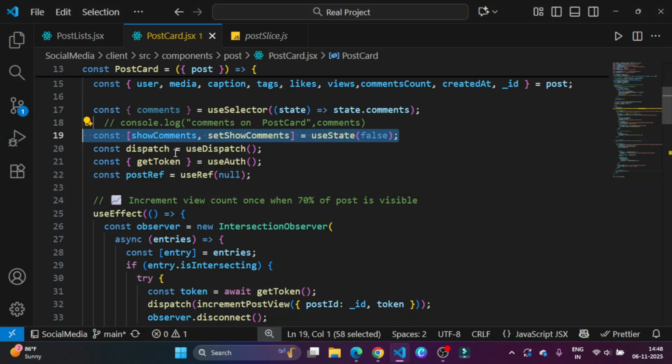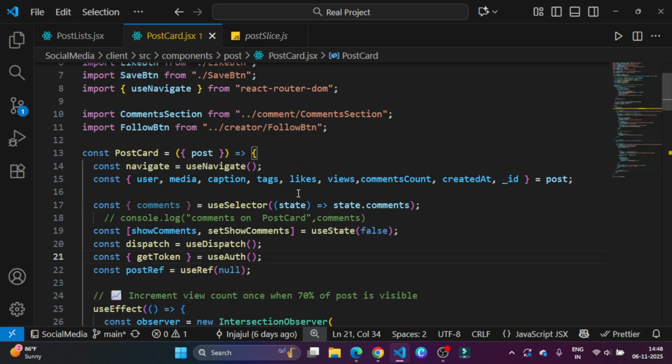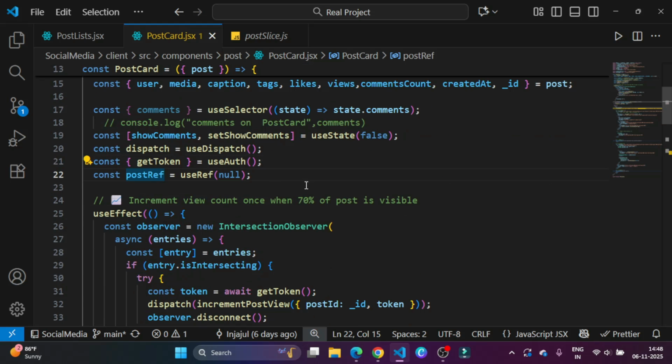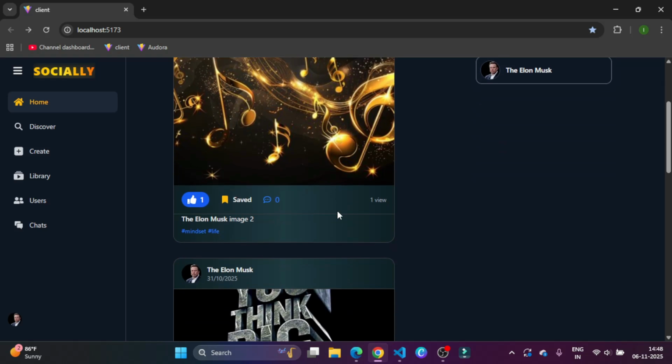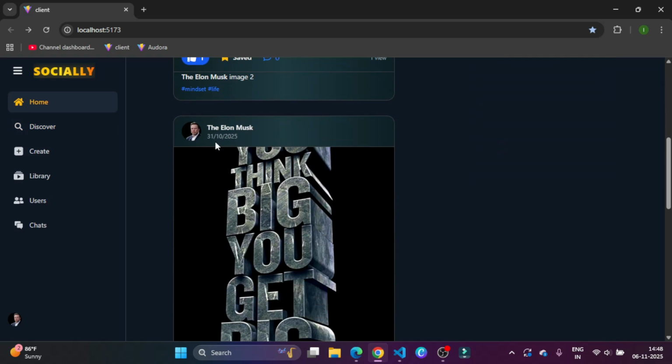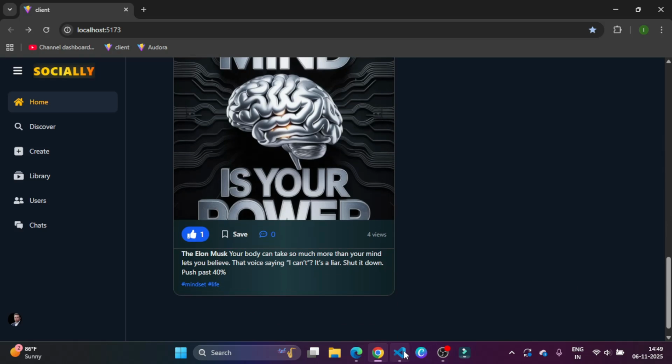So that's why we have show comment and set show comment, and then I call use dispatch, and then I grab get token from use auth from Clerk, and I'm using use ref, because if you look at any TikTok or any social media, when you watch or see 50% of a video or post, that means you increase the view count, right? That's the thing. For that we are using